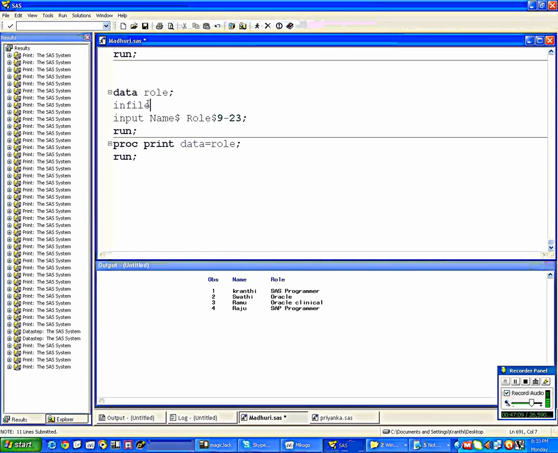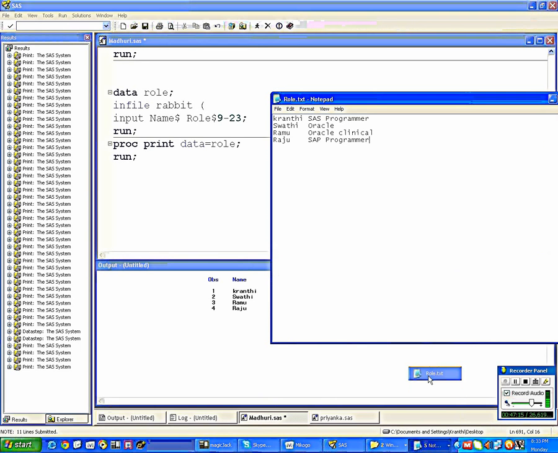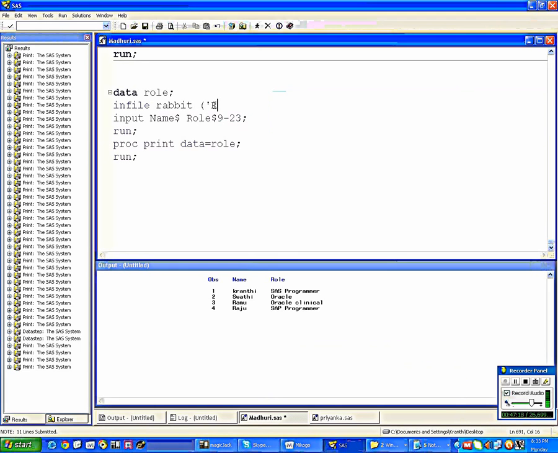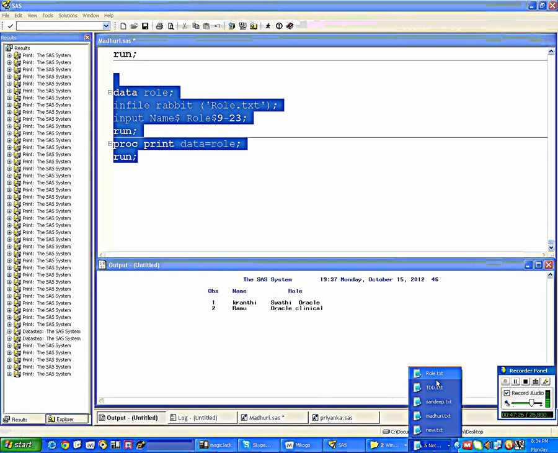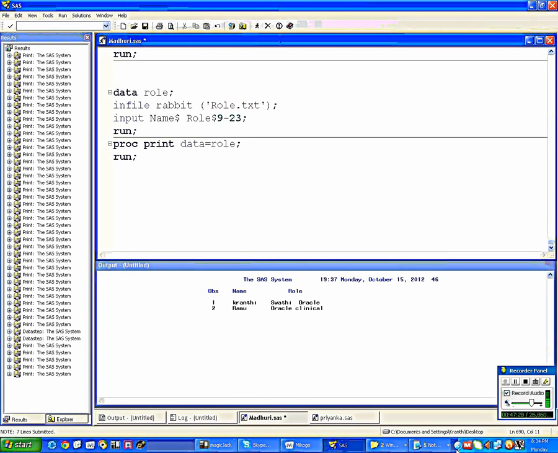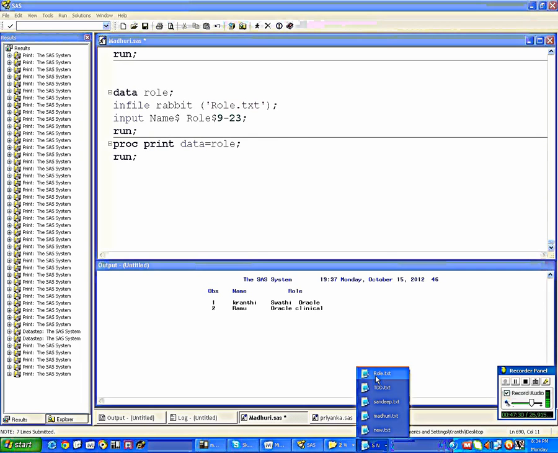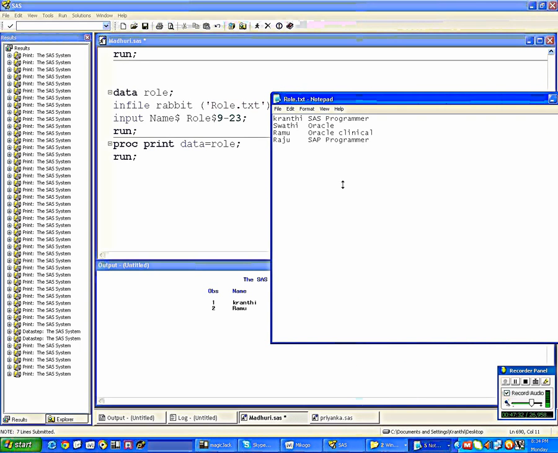I want to read from the external file. So external file means infile. Then you can use rabbit because that will be the same location. And what is the file name here? The file name is role.txt. So you can use role.txt. Okay, submit. See, it's not giving the 4 observations. Actually, we have 4.